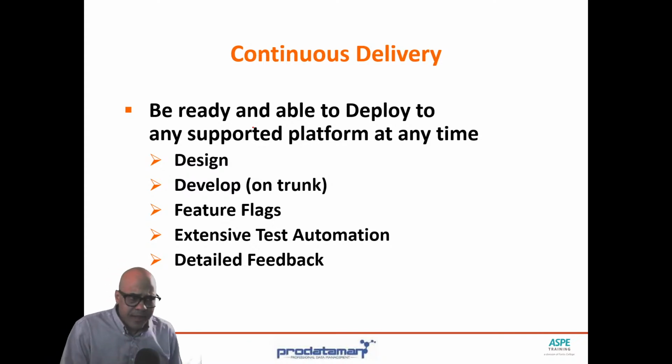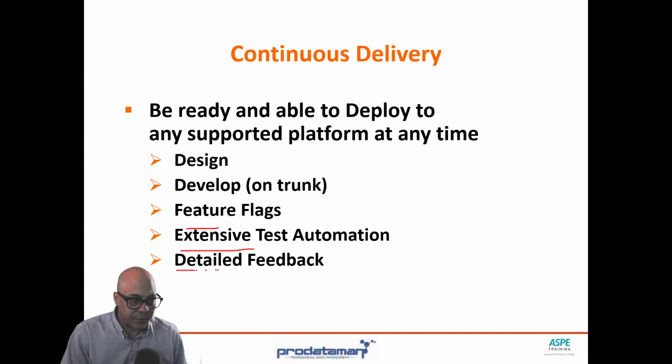All right? But in order to do that deploy direct to production from development on trunk, and I wouldn't do that, I would deploy to a staging environment first. But remember, continuous deployment doesn't necessarily mean deployment directly to production. It just means the deployment is automated to some location where we can do some further testing. And maybe after an approval there, deployment is further automated to go out to production. But in any event, we need feature flags and extensive test automation so that we can make sure that we're not automatically and frequently deploying crap to our customers.